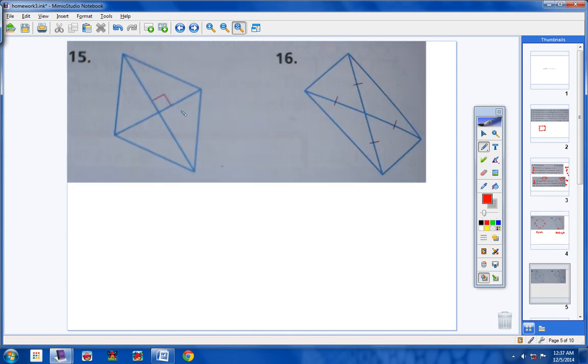Okay, now we have a parallelogram. We know that for sure. We learned that when you have a parallelogram and the diagonals are perpendicular, then you have a rhombus. So what do we have here? A rhombus. Okay. And then lastly,